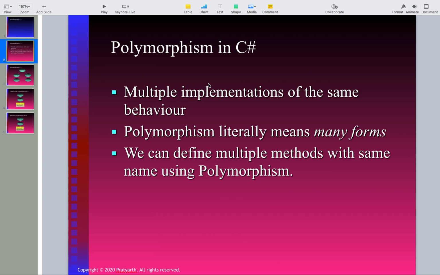Hello friends, in this video we will learn about what is polymorphism in C Sharp. So basically polymorphism means one object in multiple forms. What it means? We can define a method or a class in multiple forms. We will learn polymorphism in terms of methods, like how we can use multiple methods using polymorphism within a class and in different classes. Okay, so